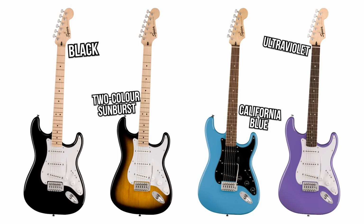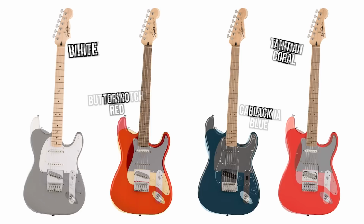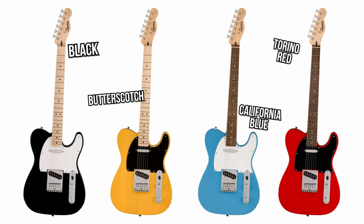You've of course got the classics, a Sonic Stratocaster, triple single, 6-screw tremolo variation, comes in black and 2-color sunburst with a maple board, then California blue and ultraviolet with Indian laurel boards. Hardtail version with triple singles comes in Arctic white with a maple board, and Torino red with a laurel board, HSS with a trem, black with a black pickguard, and a wild Tahitian coral. Then the Sonic Telecaster in black and butterscotch blonde with maple boards, and California blue and Torino red with Indian